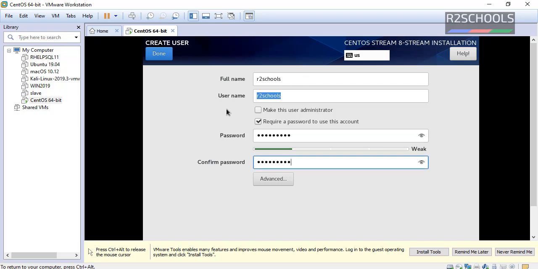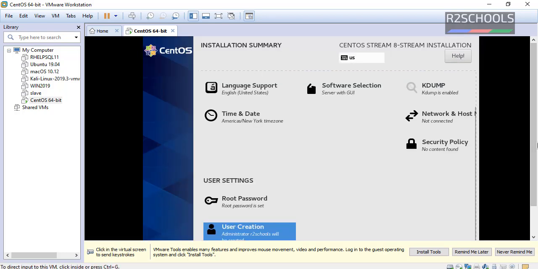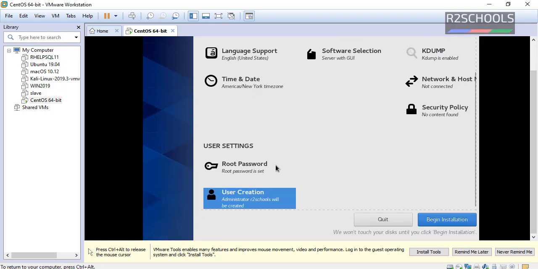If you want to make this user an administrator, then select this checkbox, then click on done. See, once we have entered the root password, begin installation has been enabled. Now click on begin installation to start the CentOS installation on VMware Workstation.